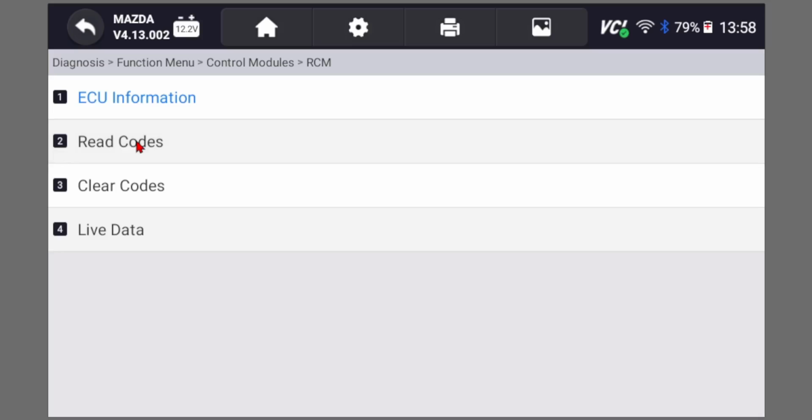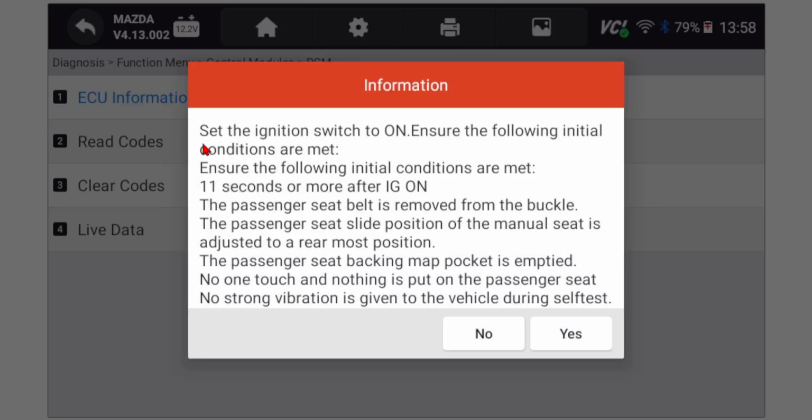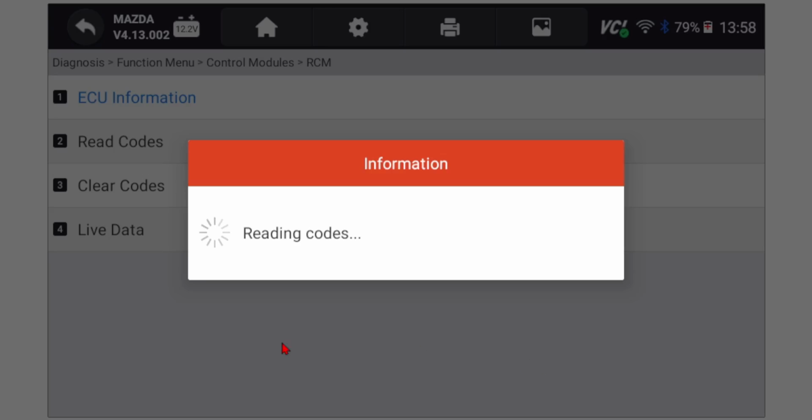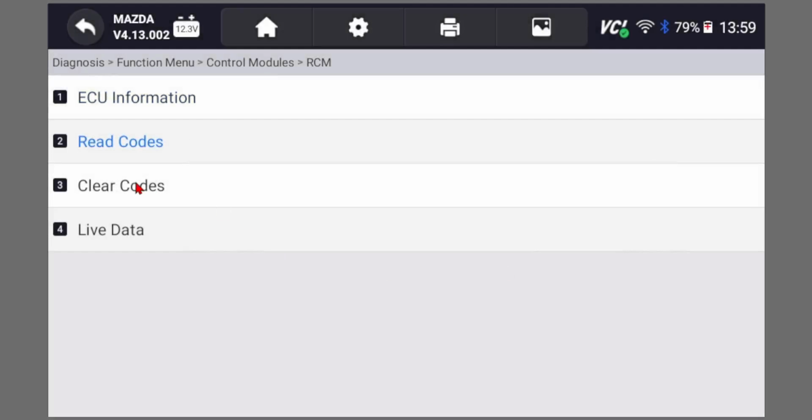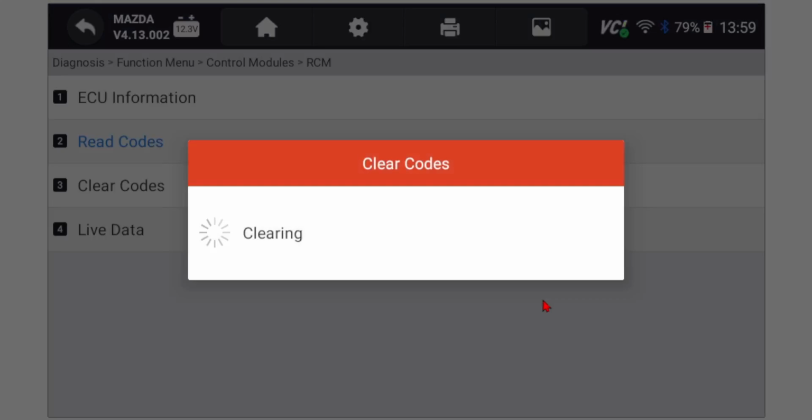it is on, you can read the codes. A lot of times the airbag light might come on because your battery died or you disconnected the seat, for example, while you're doing something on the car, and then you reconnect it, and your airbag light is still on because it detected the open circuit. So you'd have a code in here. What you can do is save a list of your codes so you can look at it later, but then you can come to clear codes, hit that and then press yes, and that will